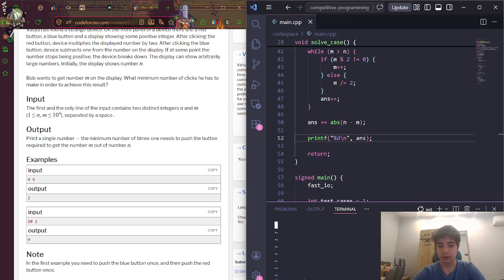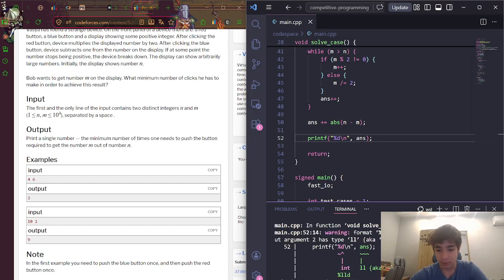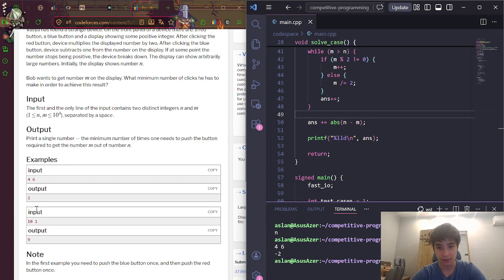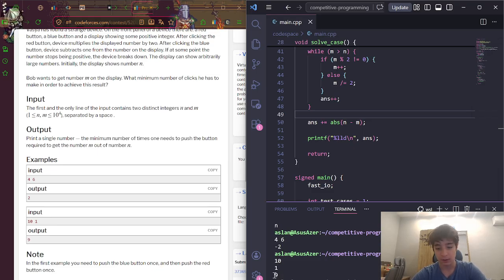I'm going to do the input in. Let's do 4 and 6. Then compiling our file. Okay, oh, I need to write lld, long long digit, if I don't miss. Ctrl S. Let's do 1, then 4 and 6. Minus 2. Wait a minute, why? And 1. Yeah, it's pretty good, but mainly